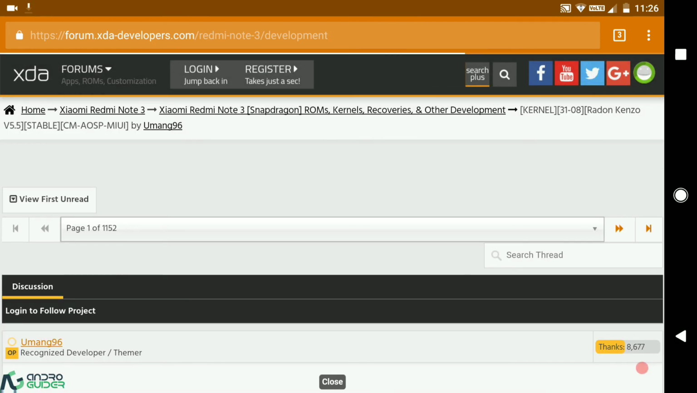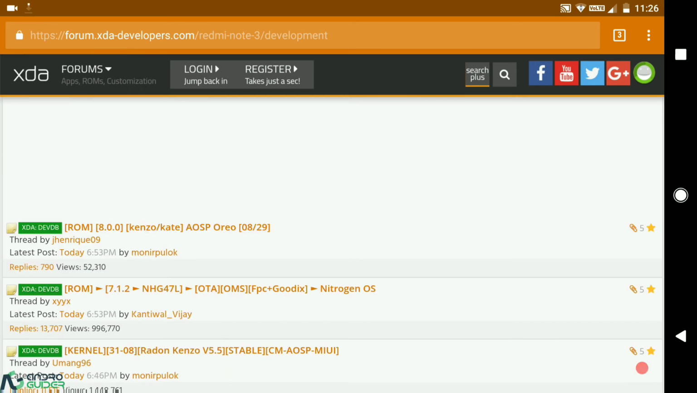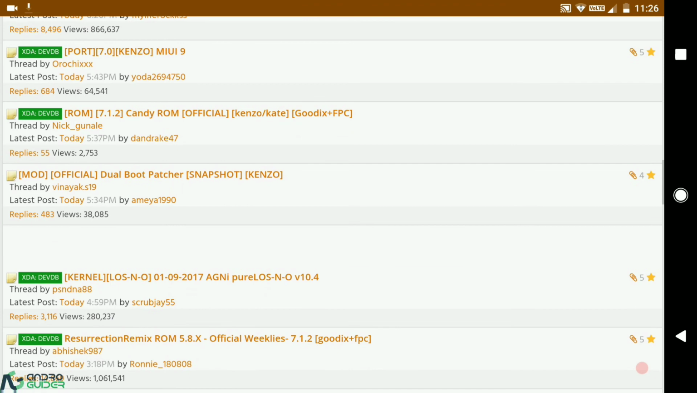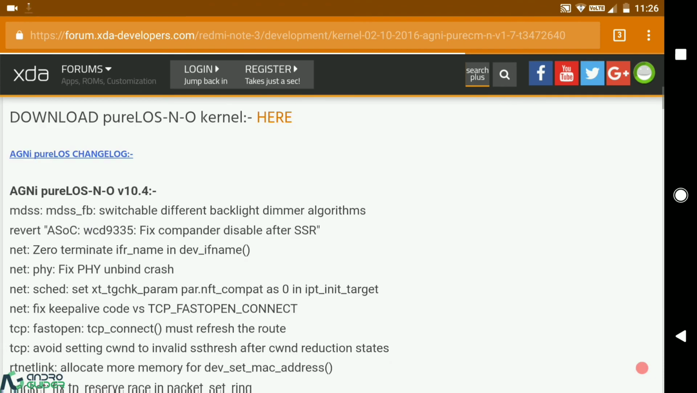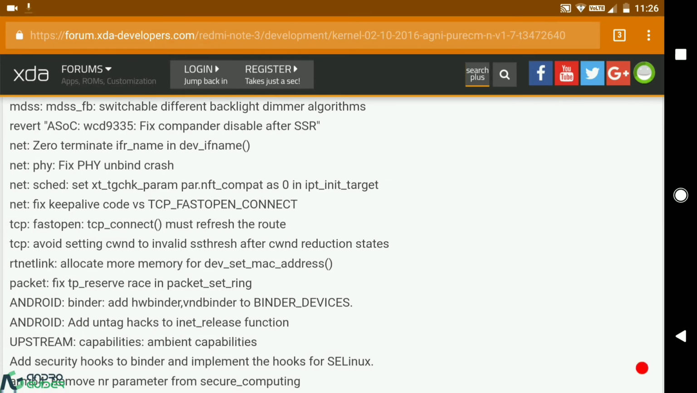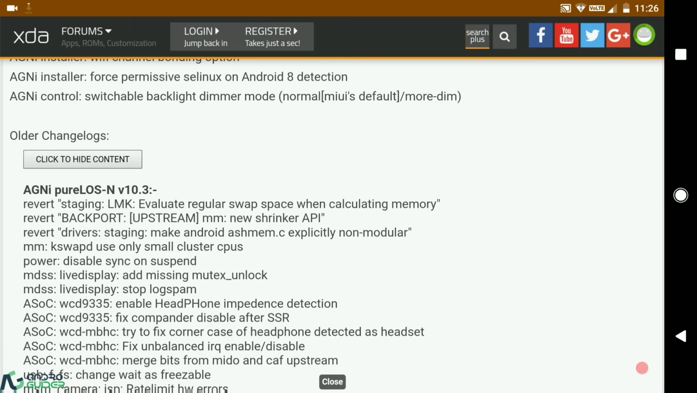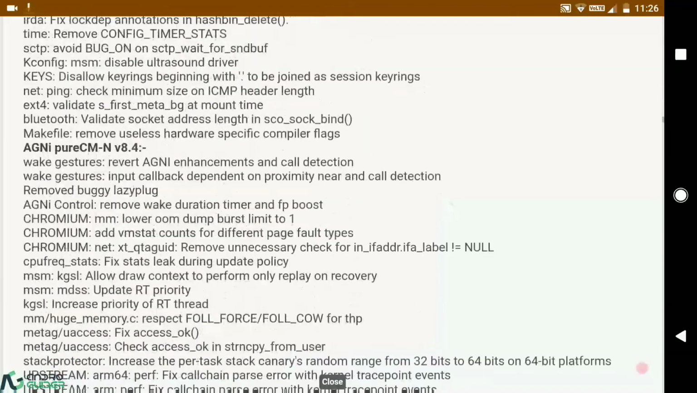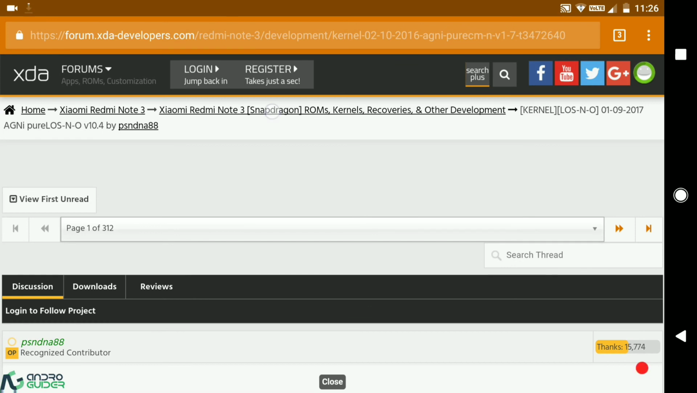I'll be having links to both of them down below in the description box. So just go ahead and give a read to the features of both Redon as well as Agni kernel, and then choose whichever one of them you like. Agni kernel, I think, has been there since the last couple of days. Anyway, download the kernel of your choice, and I quickly want to go back to the XDA thread